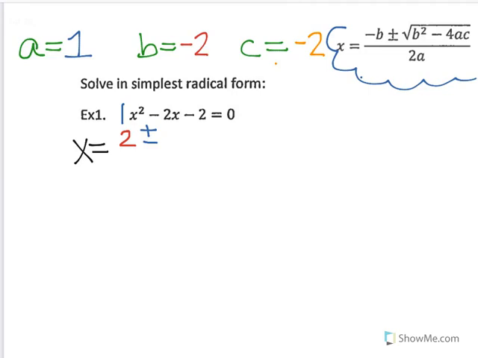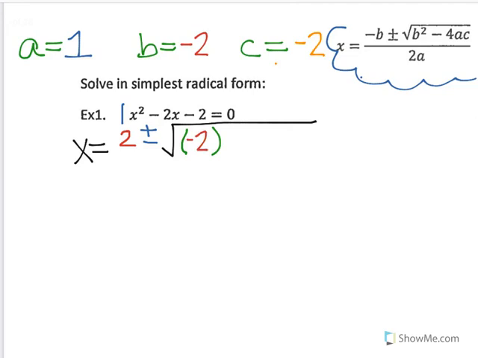Okay, then we have a big radical symbol. We want to make it big so that we can fit all of the numbers inside that we need to. And then inside, now this part is important. You always want to put the b value that you are squaring in parentheses. And it's because if you type it into your calculator without parentheses, and that number is negative, your calculator is going to give you the wrong result. So you might as well just get in the habit of always using parentheses to put around the number before you square it. Okay, so our b value is -2,